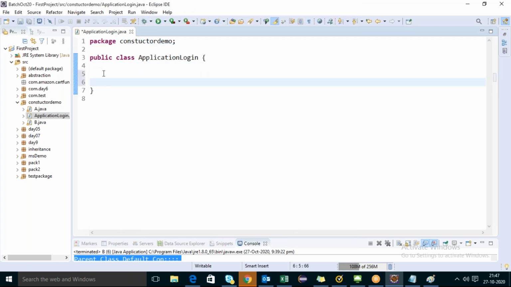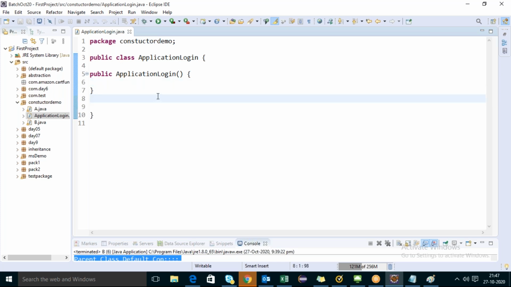Okay. Now, this is my class. In this class, I would like to maintain a constructor. How to maintain a constructor? Come on, team. Access specifier, constructor, and the constructor name should be the class name. Now, here I'm having a functionality called